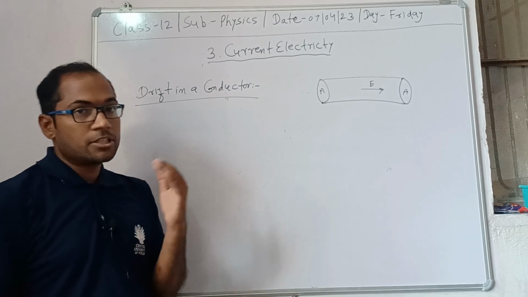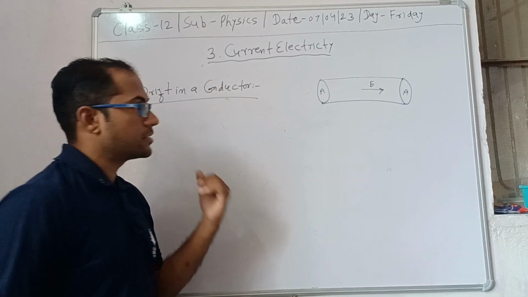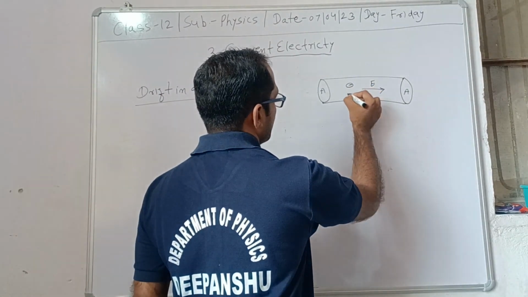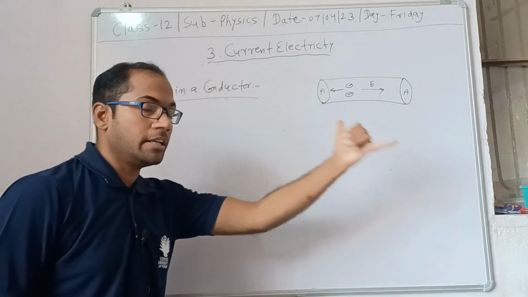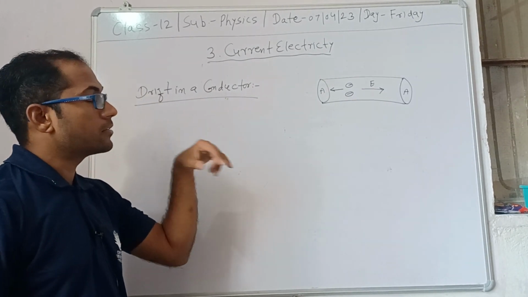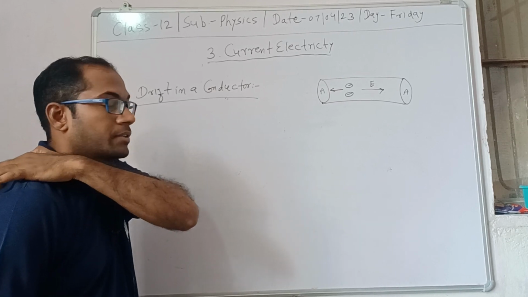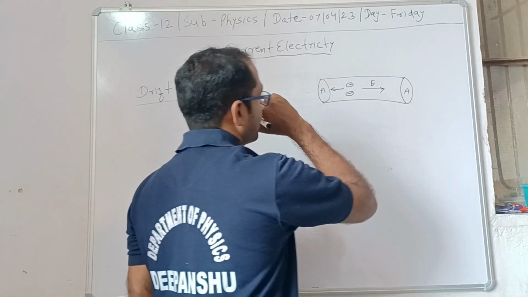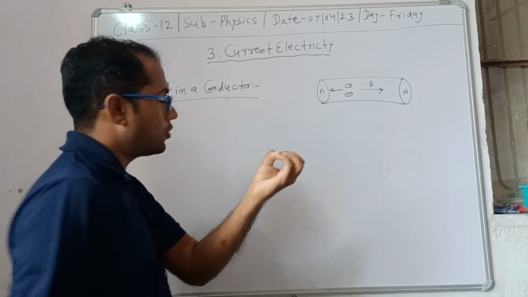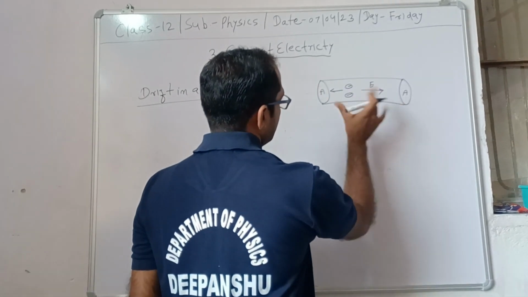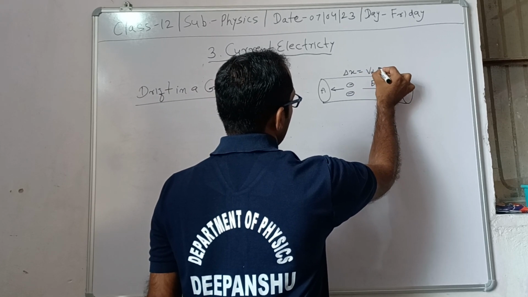This is the direction of the electric field. Actually, the electron flows opposite to the current direction. The electron's direction is like this, because the current flows forward, so the electron flows backward. The flow of the electron is basically the reverse of the flow of the current. If the electrons flow with some velocity v, then this distance delta x is equal to v_d delta t.